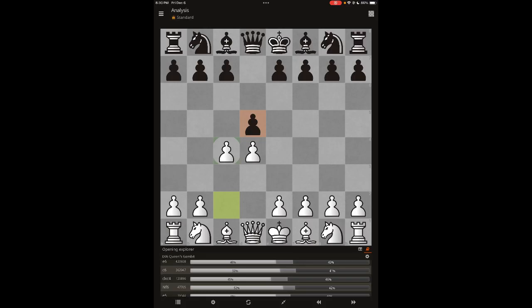the C4 square. So here's the thing: if Black captures this pawn, that's exactly what White wanted them to do. Now, why is that? This is where it's brilliant. I love teaching you this because Black looks and thinks, hey, I can just capture that pawn. Why not? Well, what Black doesn't realize, especially new players, they fall for this, is that pawn is going to get captured pretty soon anyway.